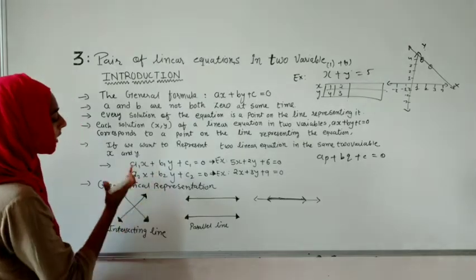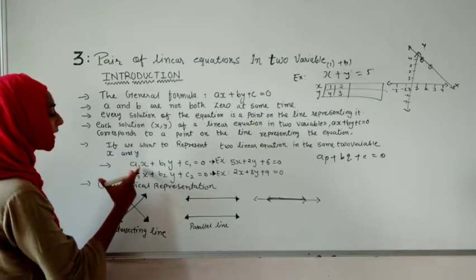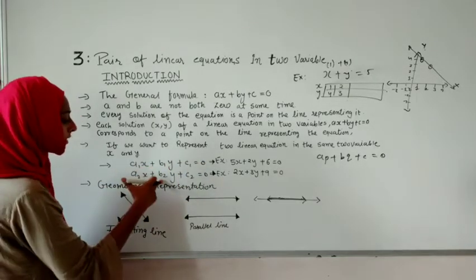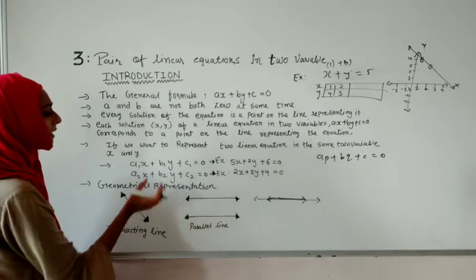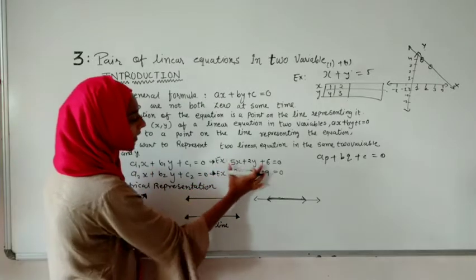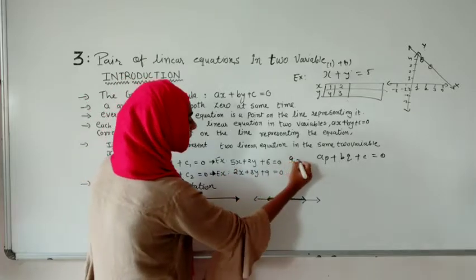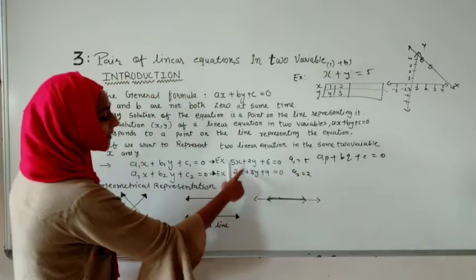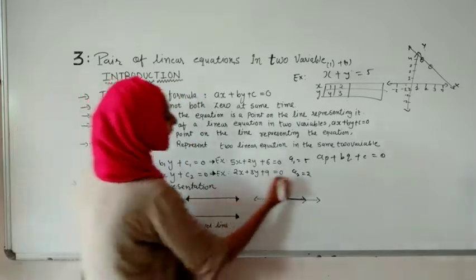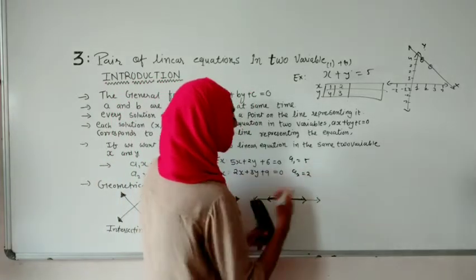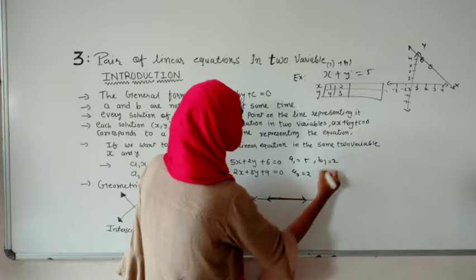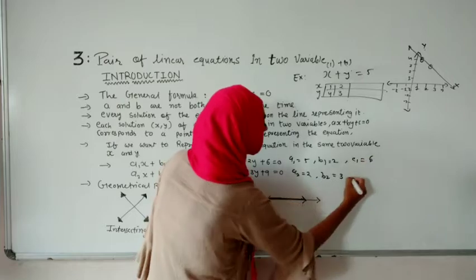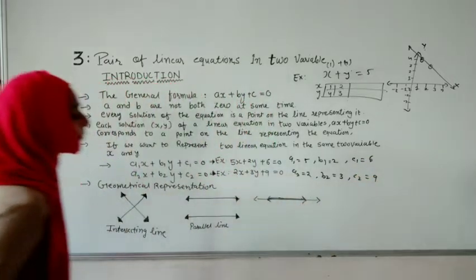So we have made changes. If we want to represent two linear equations and write their general form, how can we write it? We will write it in the form a1x plus b1y plus c1 is equal to 0. Here I am writing a2x plus b2y plus c2. What is it representing? Suppose I am taking this example. Here the value of a1 is 5 and the value of a2 is 2, but x and y variables are the same. Like that, if we write b1 and b2, b1 is 2 and b2 is 3, as well as c1 is 6 and c2 we are getting as 9.